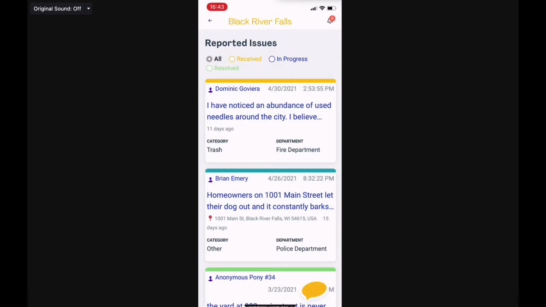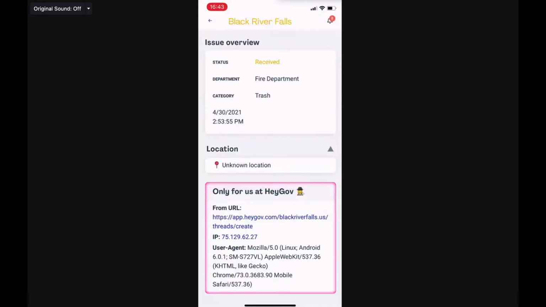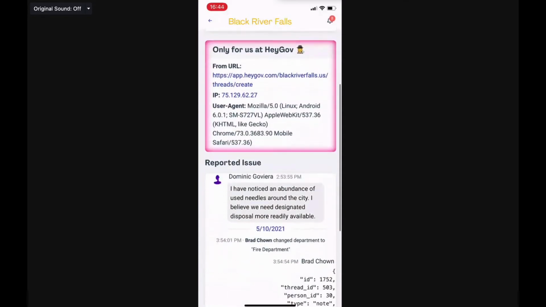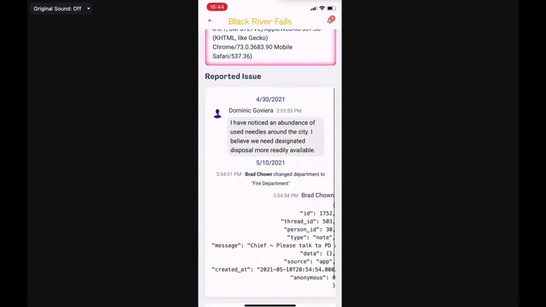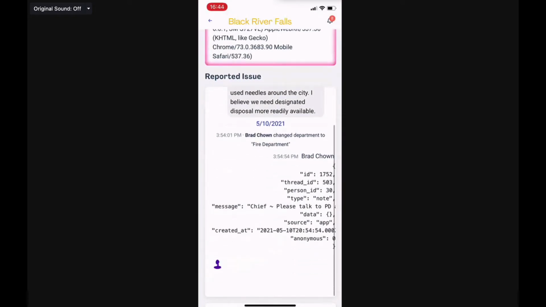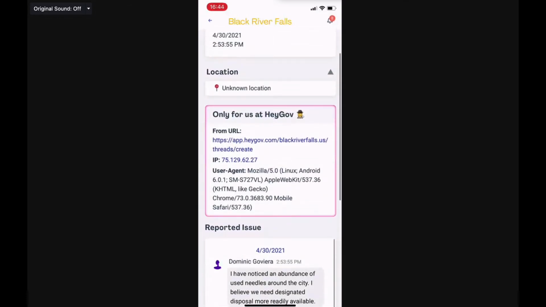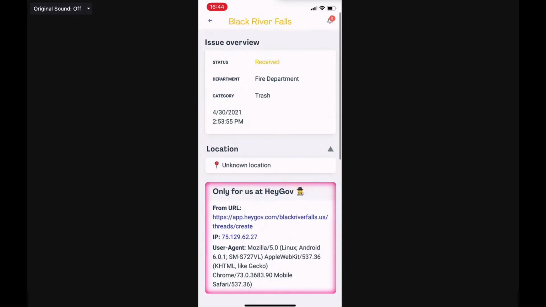And here, actually, this is a legitimate issue from about a week or so ago. Somebody made a comment about noticing an abundance of used needles around the city and that they would like some designated disposals for it. Now, this app is showing a little bit more because I have the developer view of it, so it's showing additional notes on the bottom. This is basically for HeyGov people to help troubleshoot it. But essentially it's a way for